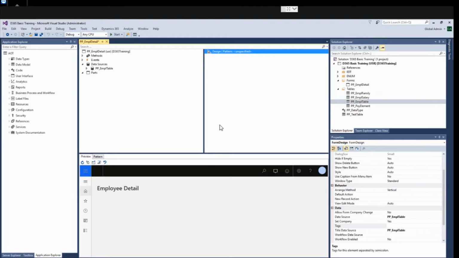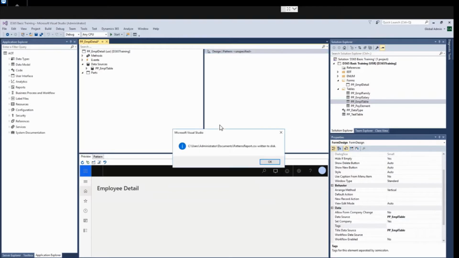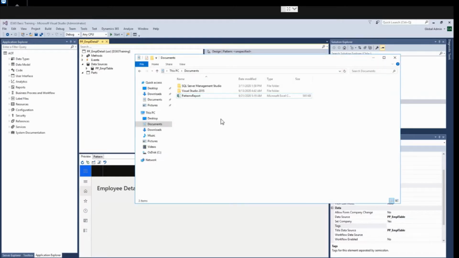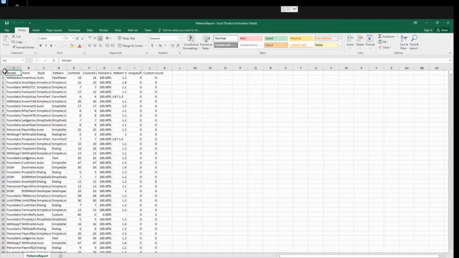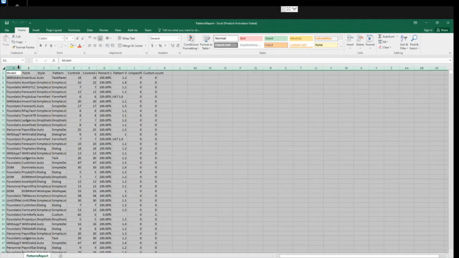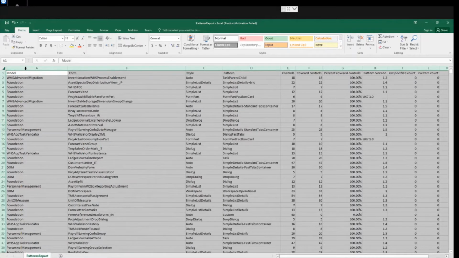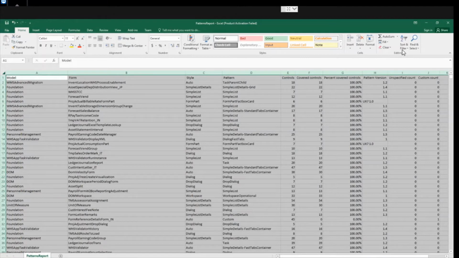But with experience you will know what type of pattern we need. Now the message came that it is written to disk. So we go to our documents, see the report is here. This report will list down all the styles and patterns the standard Microsoft Dynamics forms have. So I will apply the filter on this.